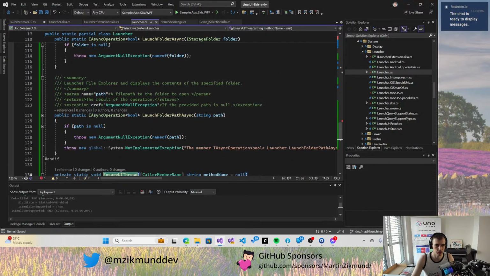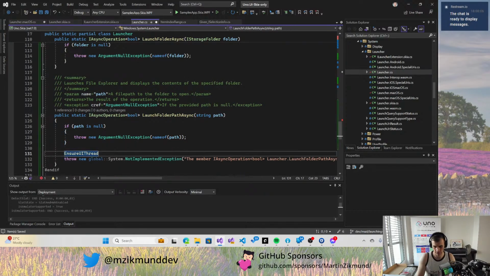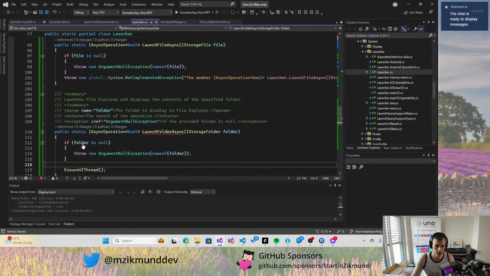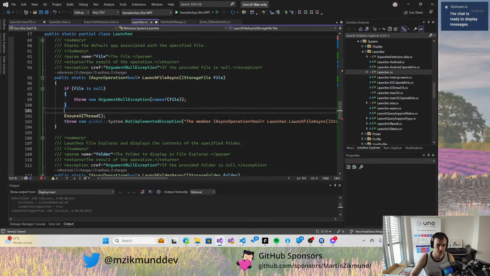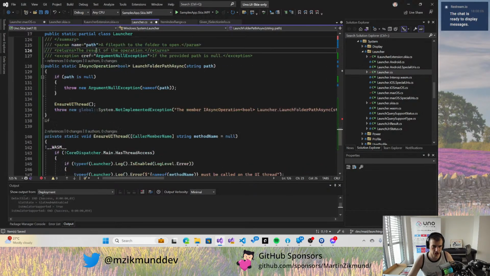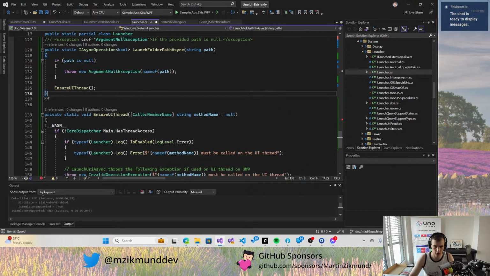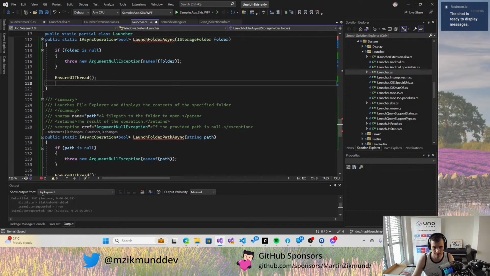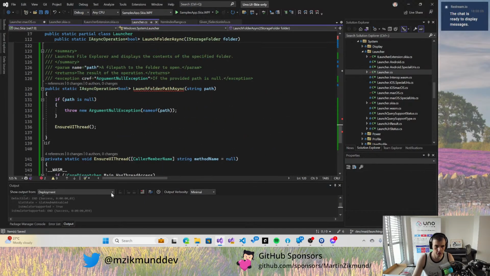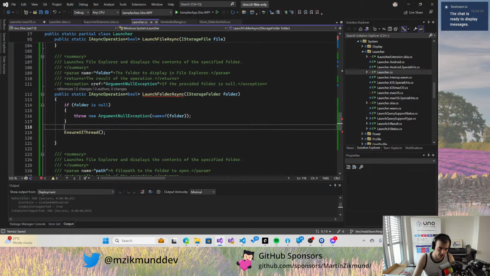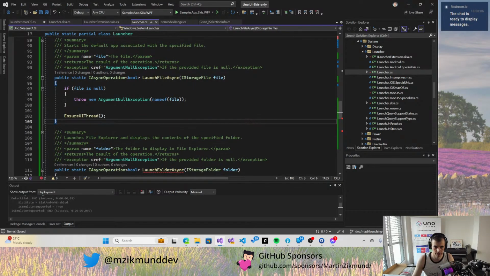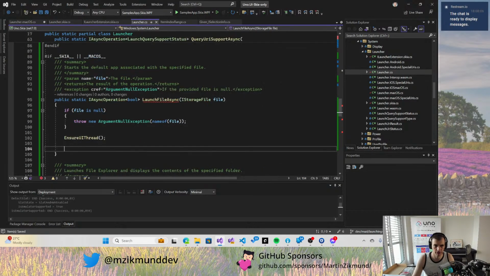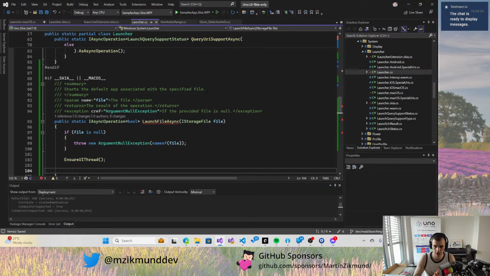So we have ensure UI thread. Let's put it here, and let's put it also here, and let's put it also here. So on all of those methods, we will be checking for UI thread presence, and if not, then we will throw. Even though we technically probably wouldn't have to be checking it in our case, because on WPF, I don't think it really matters if you are on a UI thread or not for this specific operation, but having it in line with